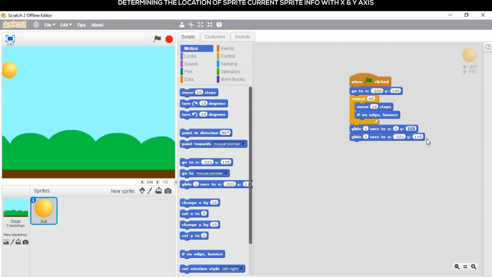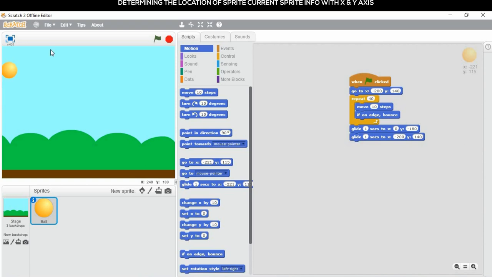Yes children, the value is minus 180. Next I am again going to change the X value to minus 200 and the Y value to 140. So almost we have completed all our steps. The final step is now we are going to see the output.